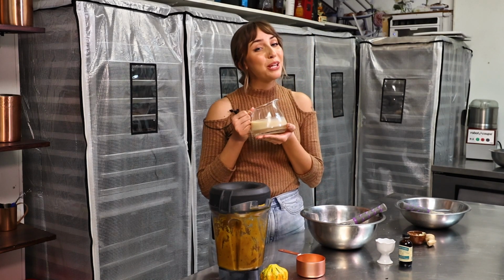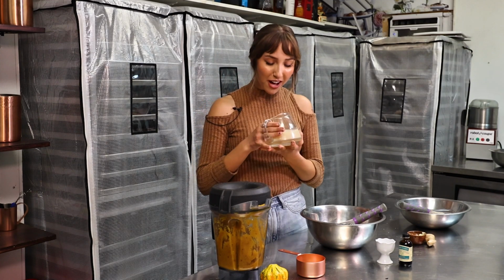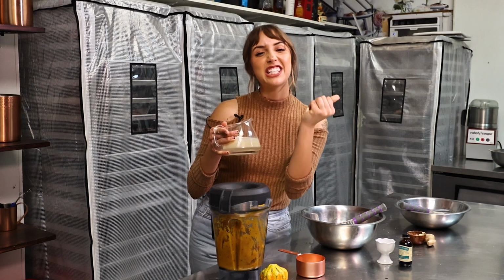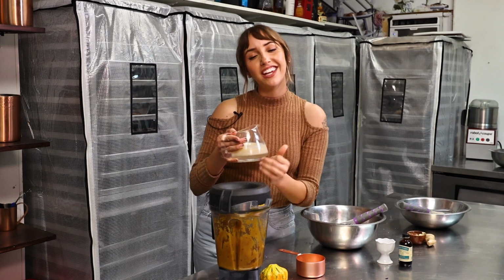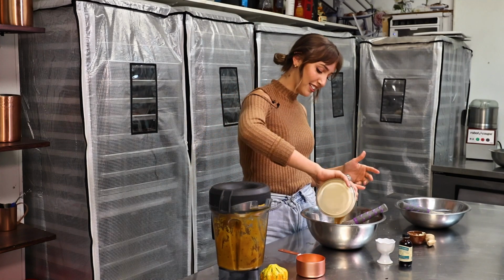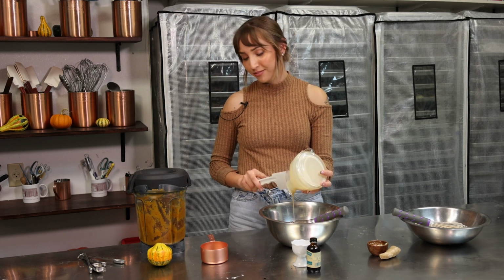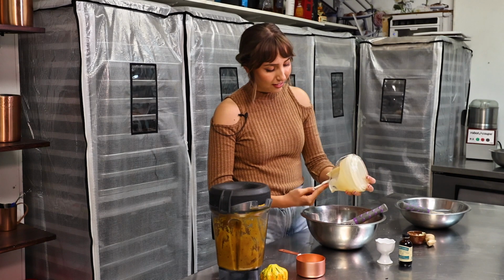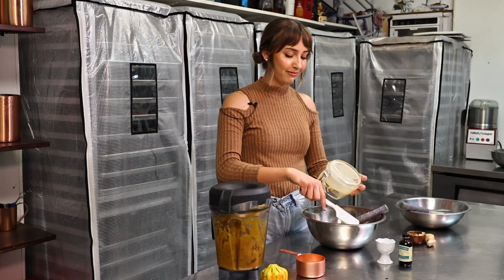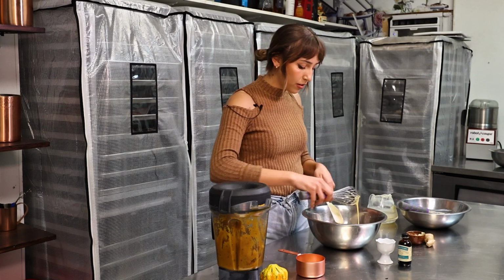And this might just be my favorite ingredient after the cardamom. Y'all, if you have never stuck your finger on the spoon of the condensed milk after your mom's been baking, I don't know if you've truly lived. I don't know. I really don't. You want to make sure to get every drop of this. I'm not kidding you. This is serious. This is very serious. This is the fate of your pumpkin pie. All right, so get as much out of there as you can and save the rest for a snack